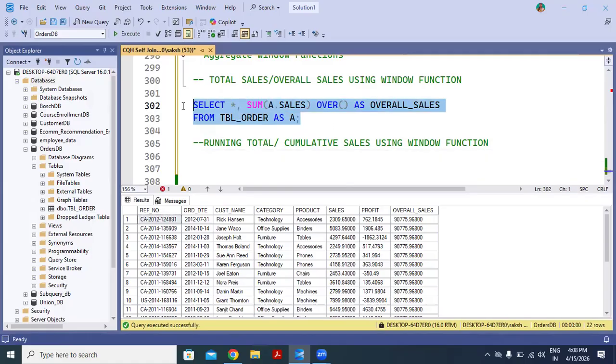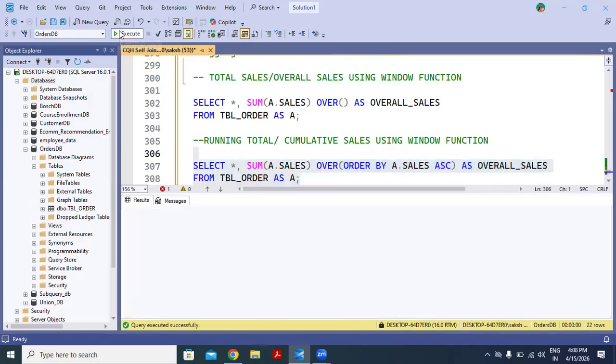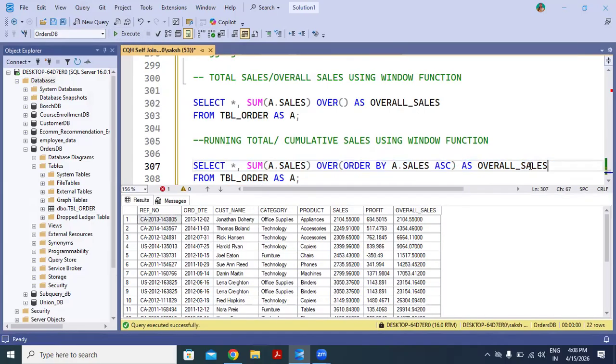Let's copy this query and mention ORDER BY sales in ascending order. Let's try to execute it. Yes. Now, instead of overall sales, it is running total or cumulative sales.